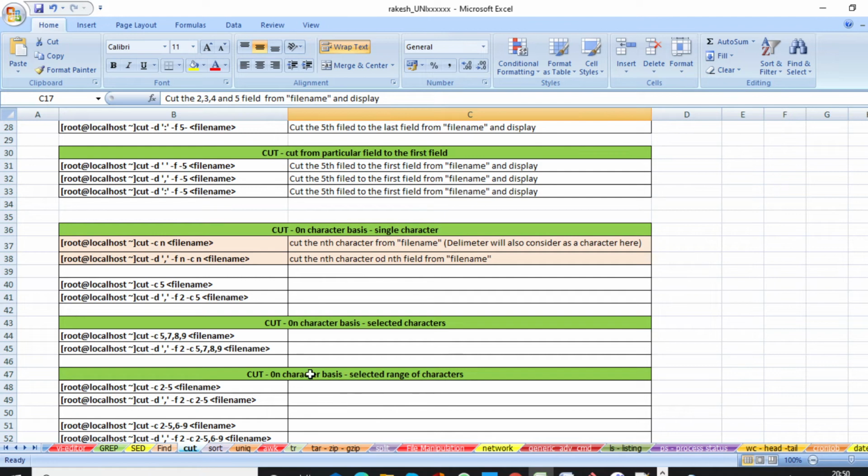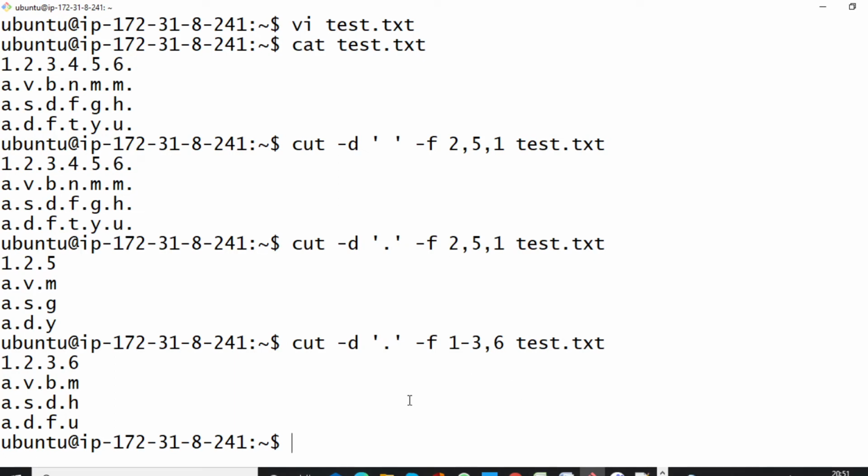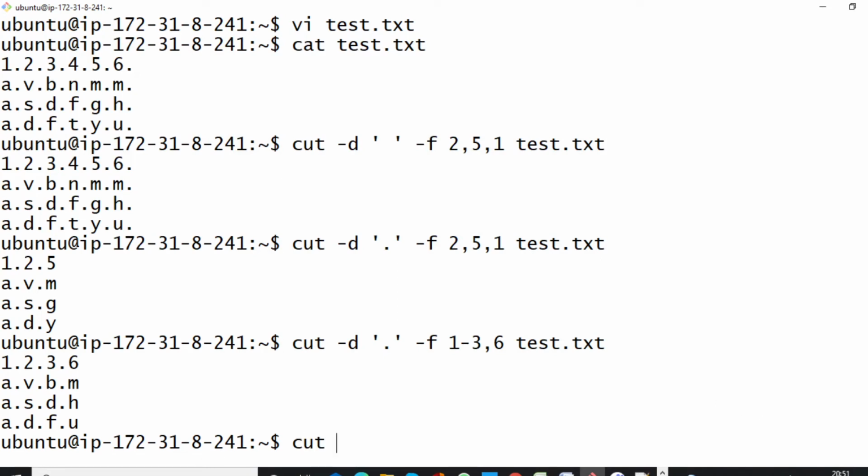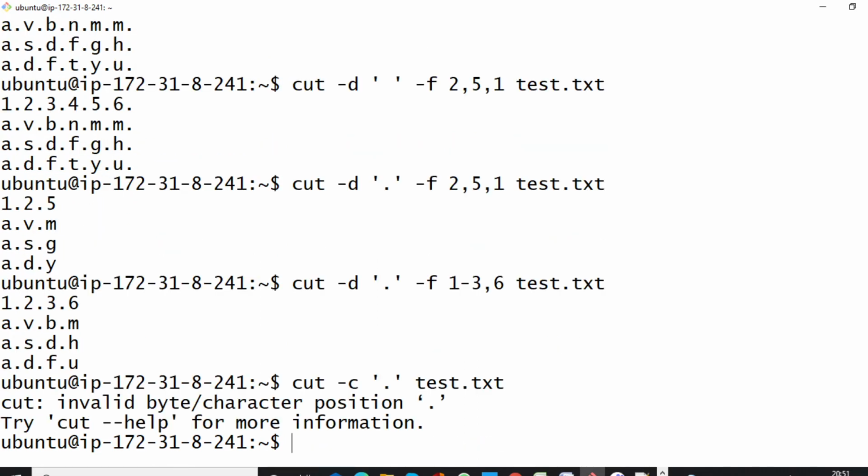So let me show you. cut -c, sorry, what are you checking, okay, so we will have to print only with c, then your file name. Oh sorry, the number of the character.